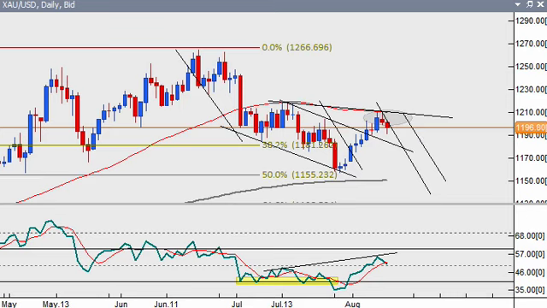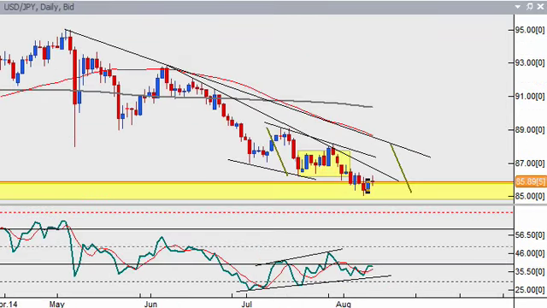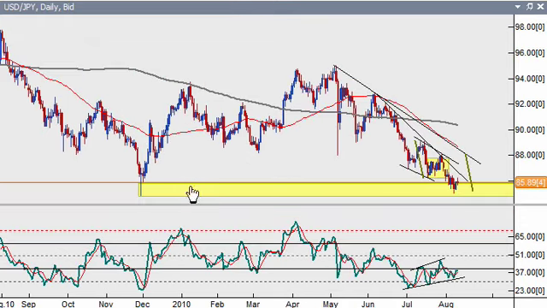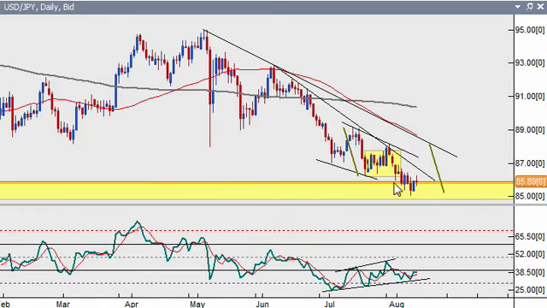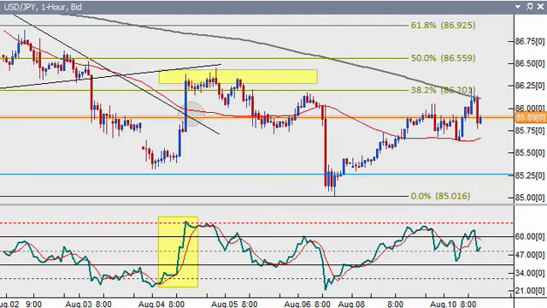All right, so that's gold. The US dollar also gained against the Japanese yen yesterday, but today is having some trouble with that. So what we have is this projected decline, and the market has reached this. And this is also a very important, very significant support zone. So the market is respecting it. Looking at the 1 hour time frame now,